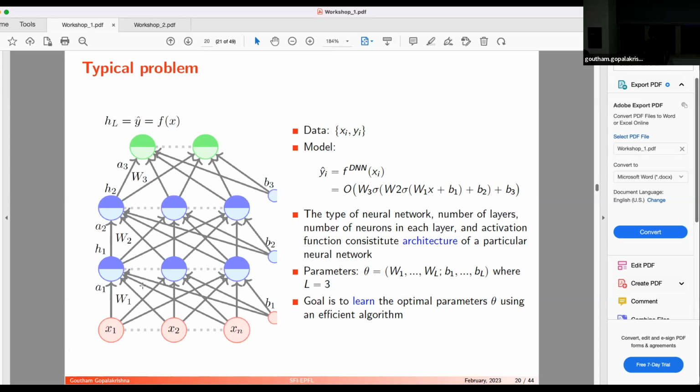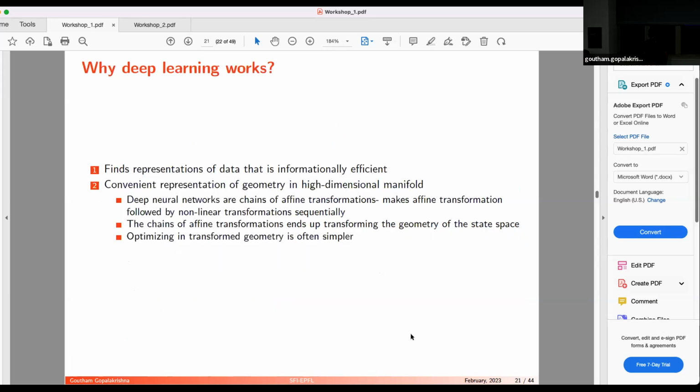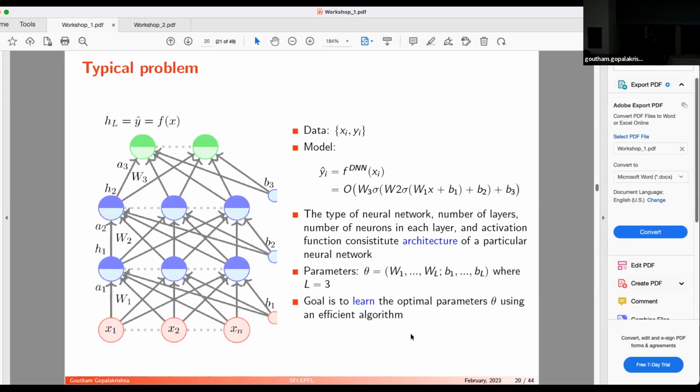All right. Now, the goal for this problem is that you have to learn the optimal parameters theta using some efficient algorithm. This is what we will see in the second part, but let's take a step back. Yeah. Just a question. Because I'm applying this nonlinear function sigma to the sum of wx plus b, can I just subsume the b in the sigma, or is it important that I have them separately? It's important that you have it separately